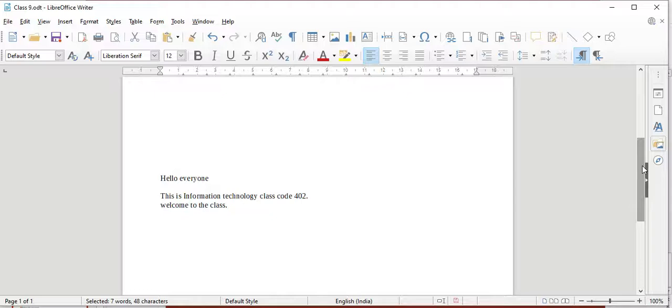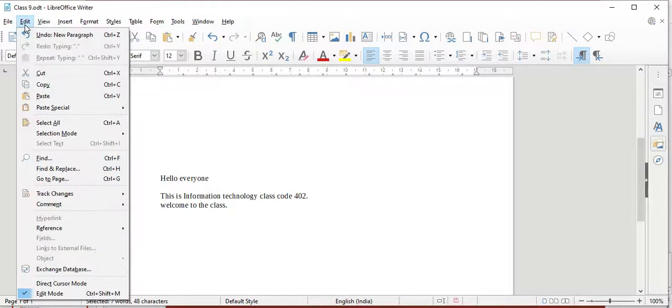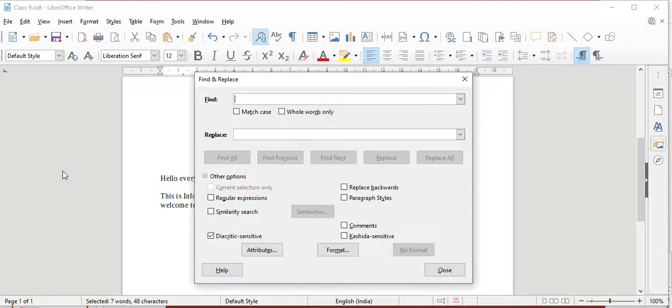So in Writer you can directly go to Edit, where the Find and Replace tool is. Click on Find and Replace. Write the word you want to find. I'll just write class.